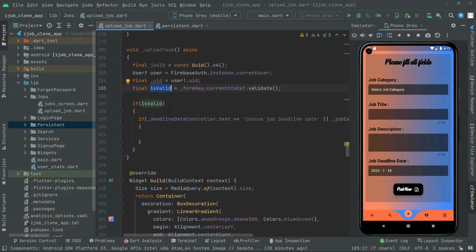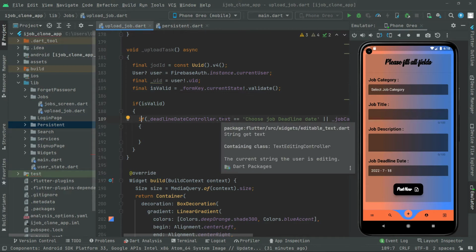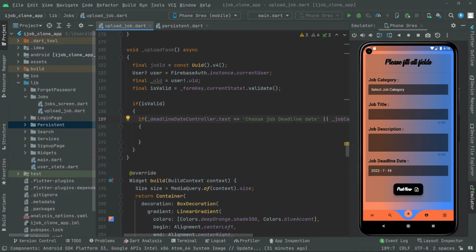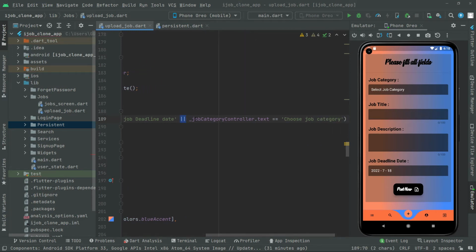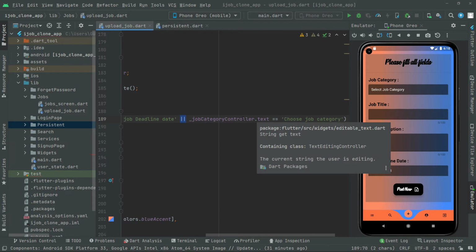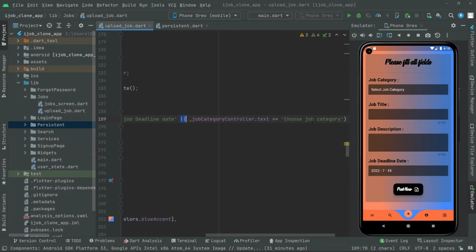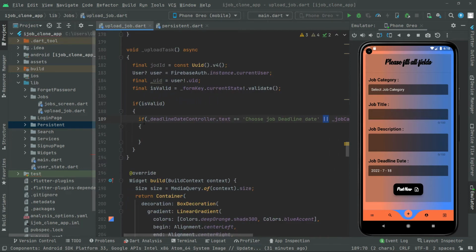So in here we are just checking if this is valid, then in here we use the nested if and we say if the deadline date controller dot text is equal to Choose job deadline date, and in here we use the OR operator, or it will check that job category controller dot text, and if that is equal to Choose job category, so only in that case what we will do, in this curly braces we will say global